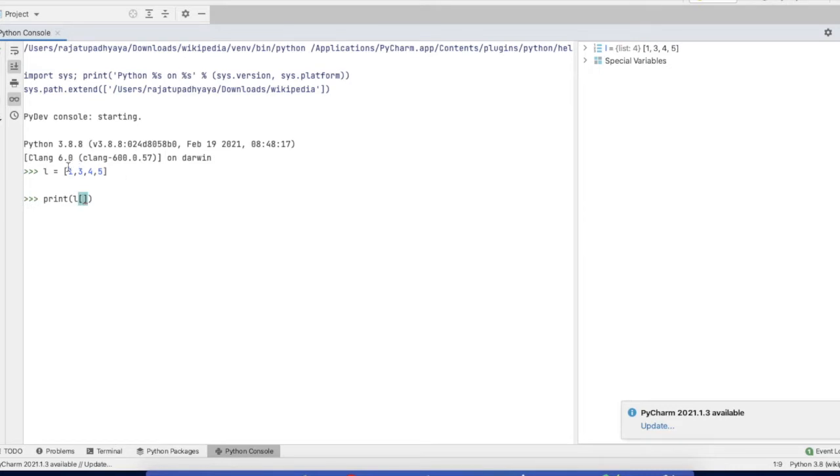Here, as you know, a list is an ordered collection of data, so every element has a particular index number. First it will start with 0. So we just need to start from 1, and if we are not going to pass any value, it will go to the end. So here we are taking the starting index as 1, so it will take from the 3, because the index for 1 is 0 and for 3 is 1. Now if you print, you can see it is printing 3, 4, 5. That is how you can remove the first element using slicing.